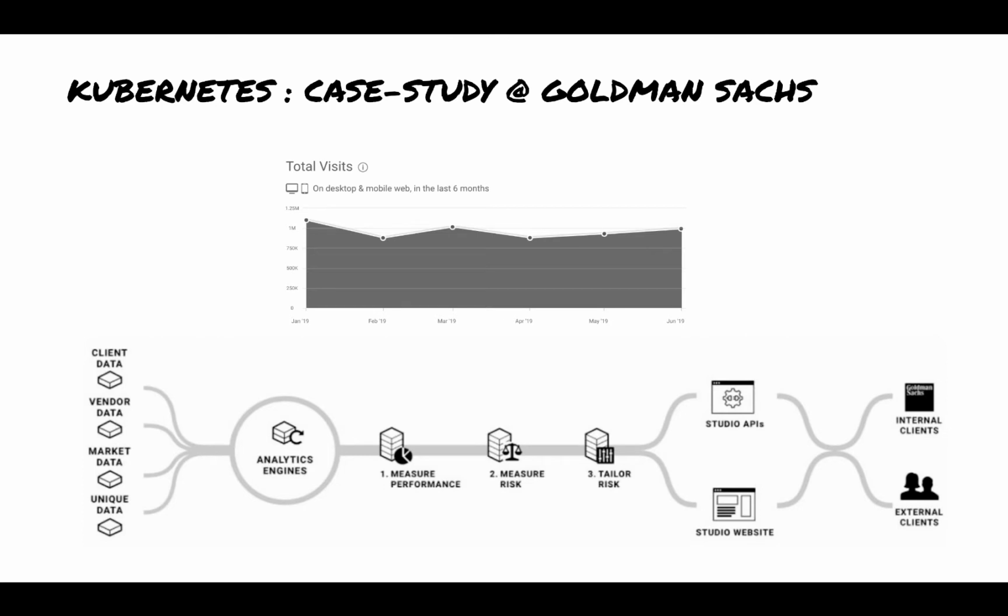All right, so this is just an overview on how Goldman Sachs uses Kubernetes to solve its problems. They have more than 1 million traffic at all times. Like you will see, it's hovering around a million all the time, and this is between January to June 2019. And due to this, for sustaining a million traffic all the time in their mobile apps